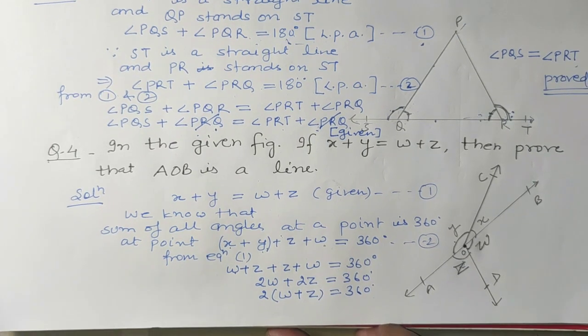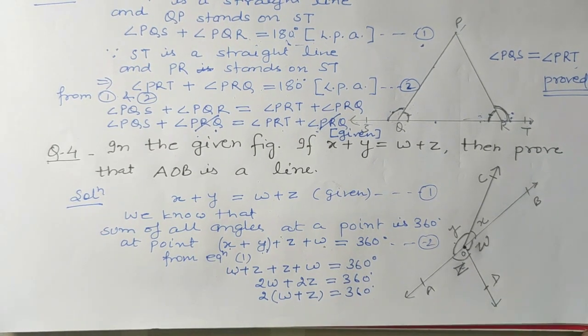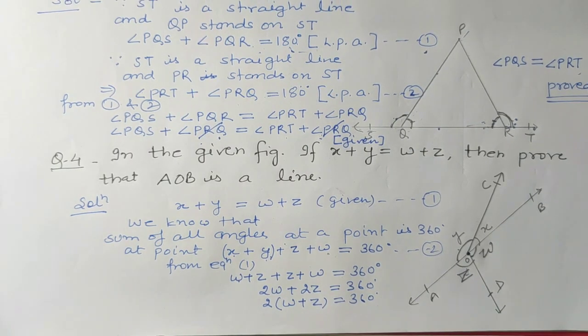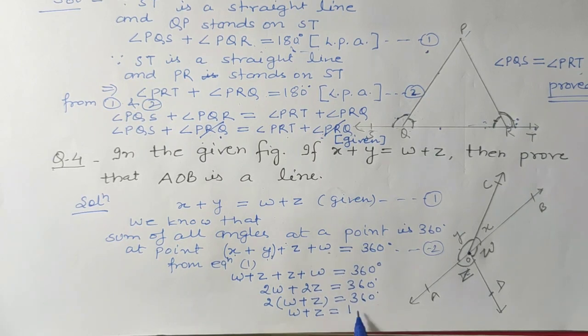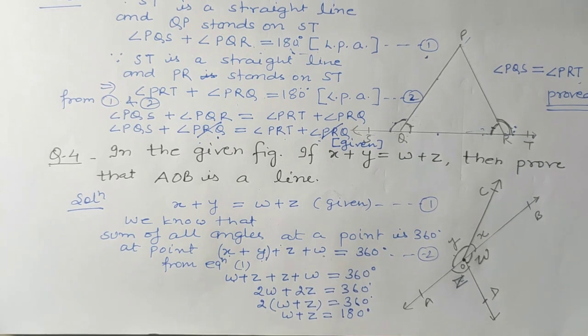So what will be the value of w plus z? See, this 2 will be shifted, then w plus z is equal to, when 360 will be divided by 2, it will be 180 degree. Now see, students,